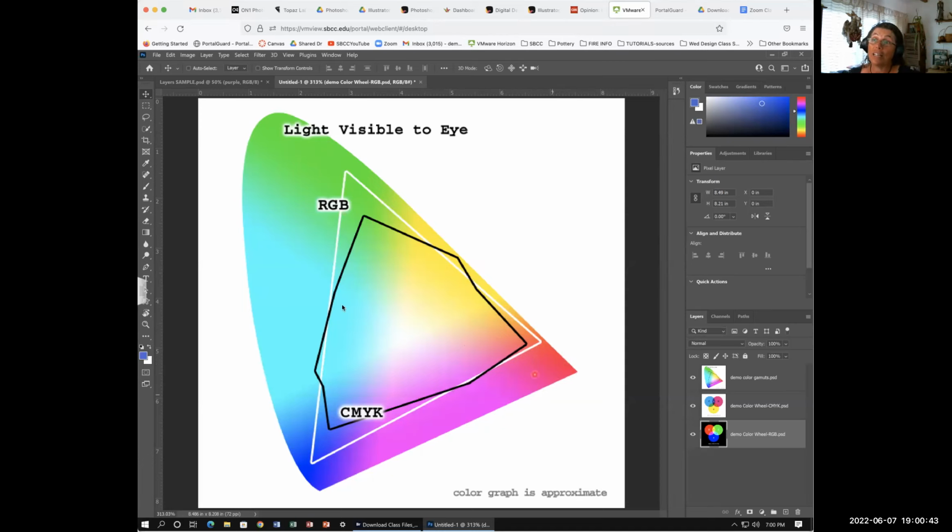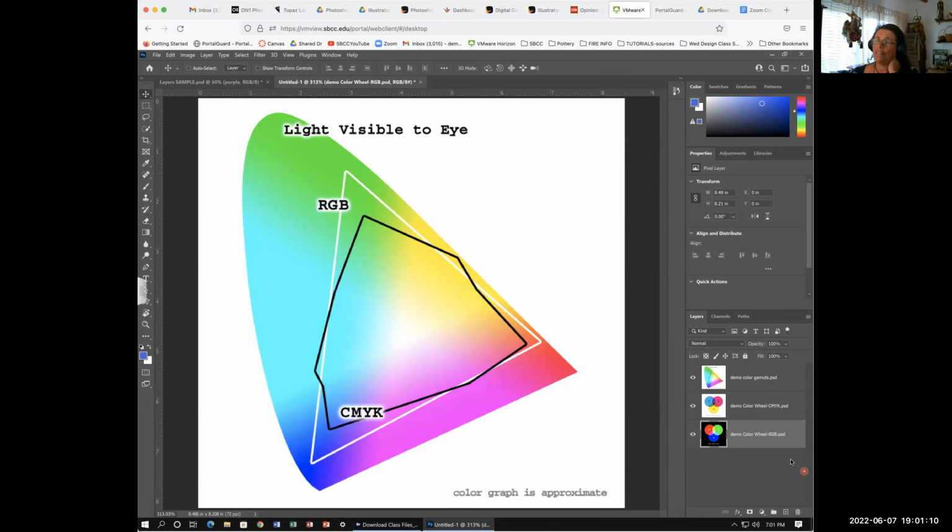our eyes can see all these colors. Look at how much of blue light we can see that these colors cannot reproduce. And so usually the purples, magentas, and blues are something that are really hard to reproduce. Notice that the oranges and yellows are better, but there's a lot of stuff that we see up there that we just cannot reproduce correctly. All right, so now you know how to do